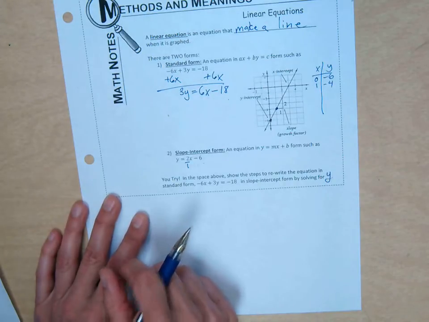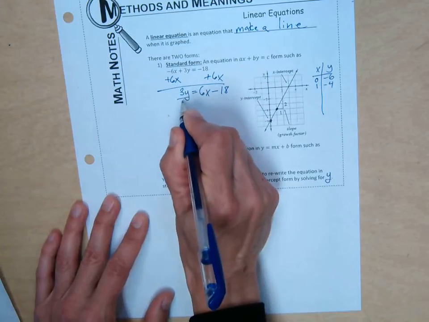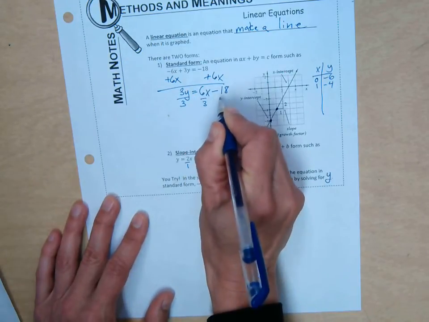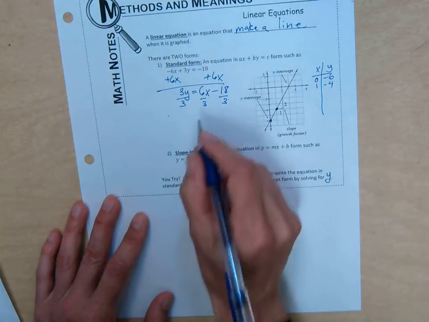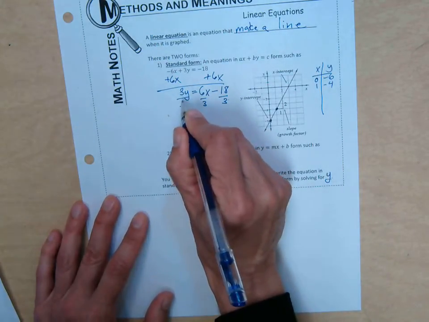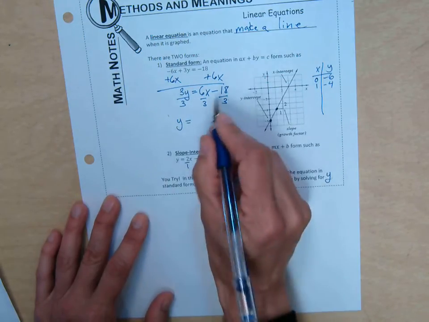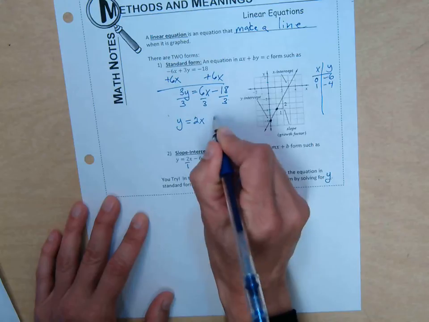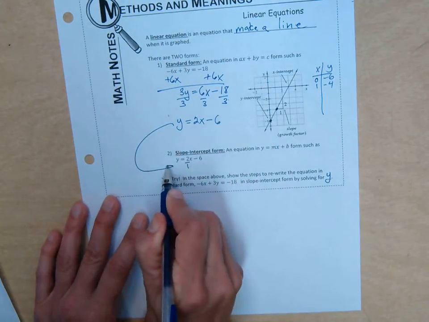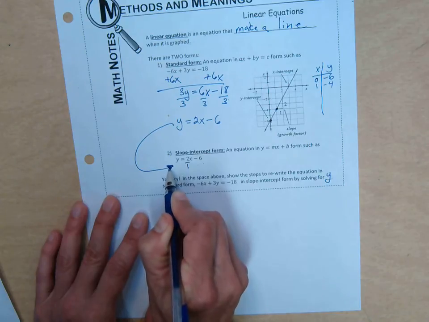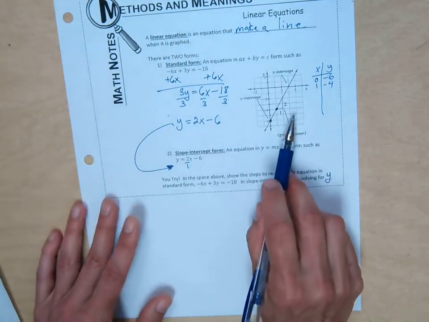Someone else, how do I get y alone? Jasmine? Divide by 3. And be sure that you divide every single term by 3 because of the distributive property. You have to do it to everything. This simplifies to 1 here, so we don't even need to write it. This is 2x, and this is -6. If we simplify, you can see that it's exactly the same as the other equation. So this one graph that's here works for both of these equations, because they're both the graphs